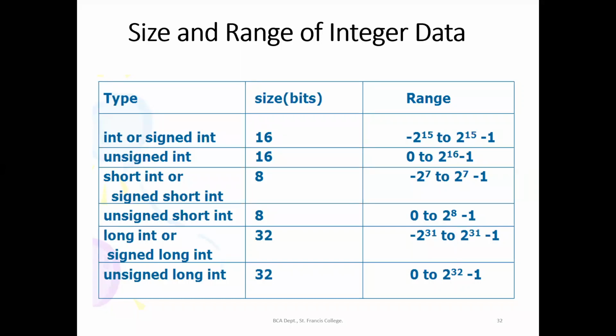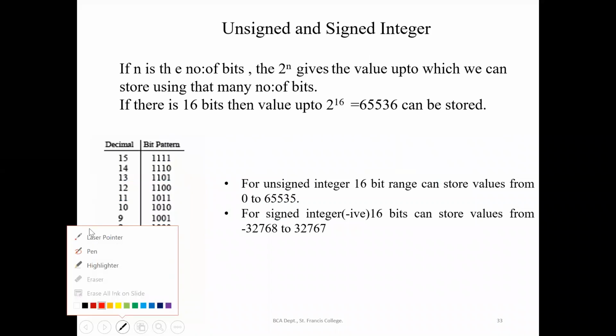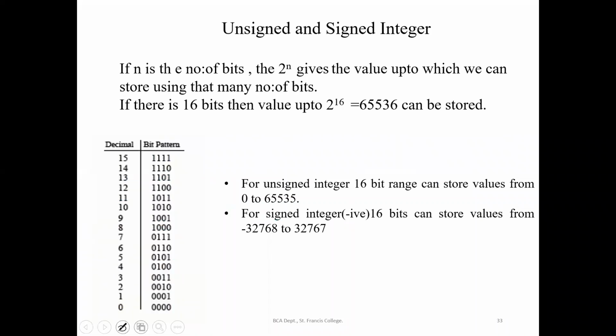Can anyone answer? You might have studied, I think. If you are given 16 bits, in computers we represent with zeros and ones, right? Binary code. So if I am given 16 bits, I can use 16 zeros and ones. Most of you might have studied this, no? Are all listening? All are quiet today? Type something in the chat box, then only I will understand you are all there.